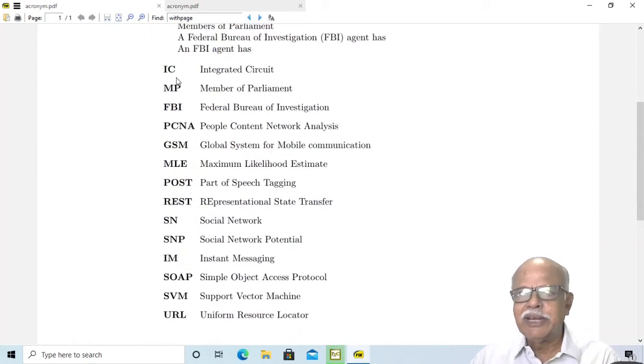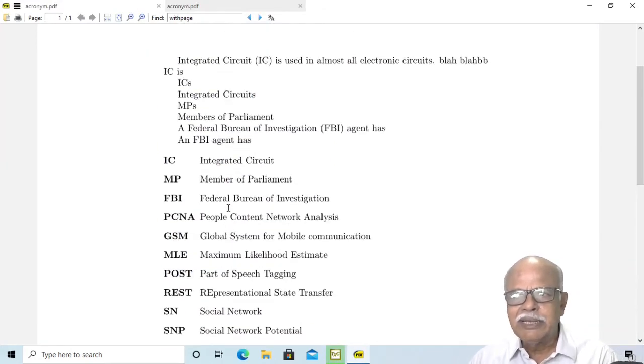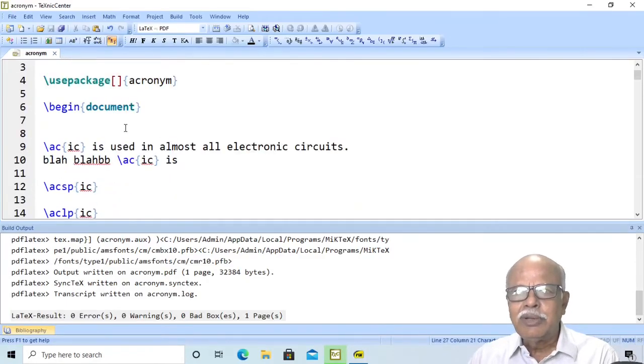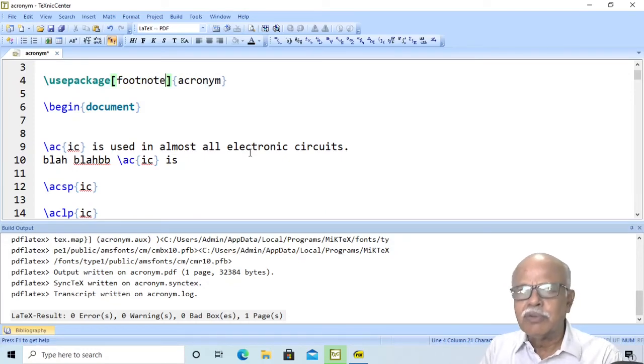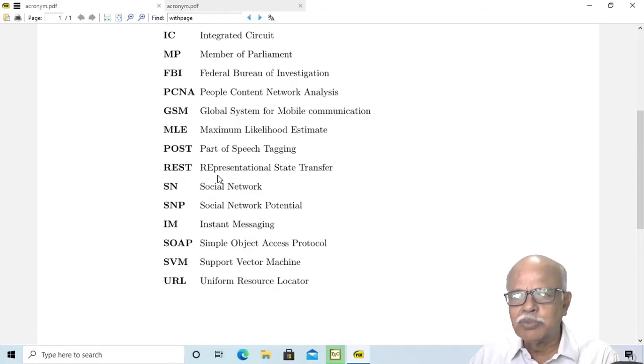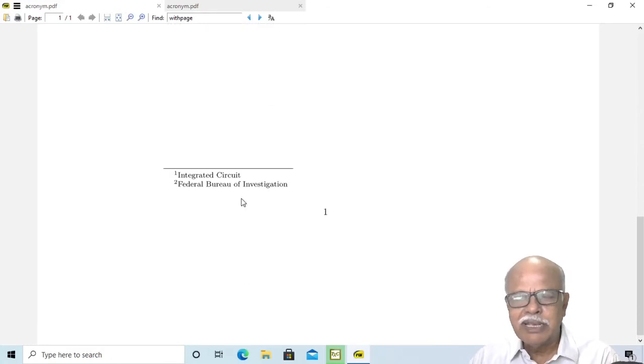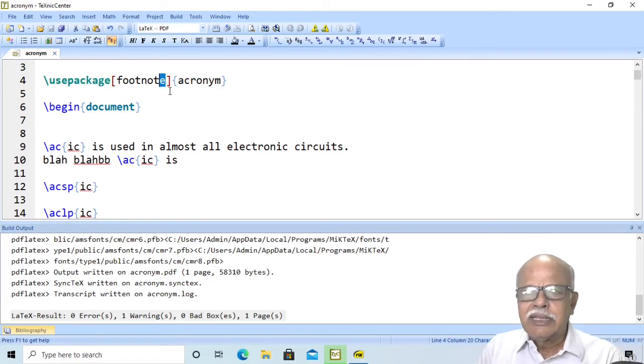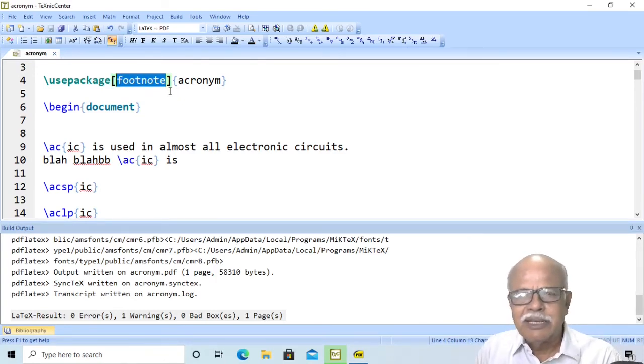Then you will find this is properly aligned. Again, you can have an option like this, footnote, for the package. In that case, you will find here 1 in the superscript and here 2 in the superscript. They will appear as footnotes. This is rarely used. There is another option, smaller, again that is not very much used.